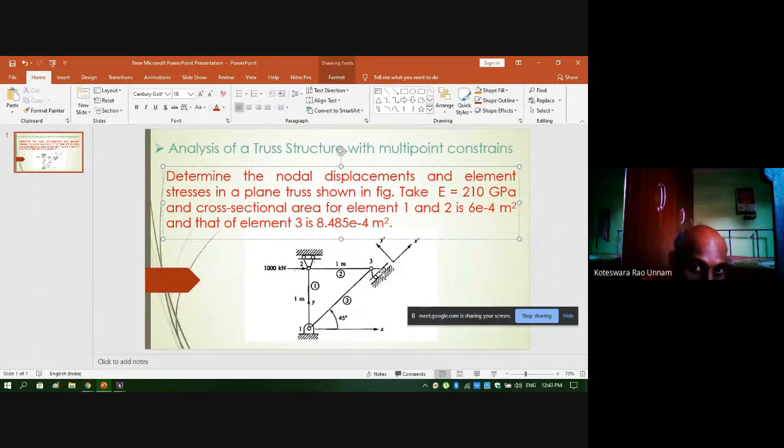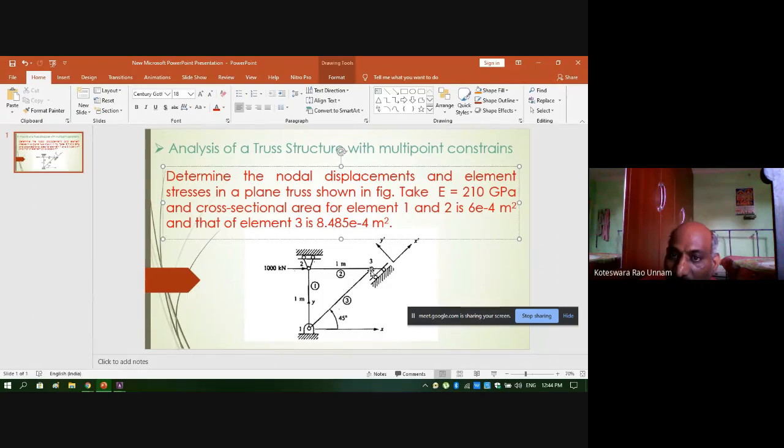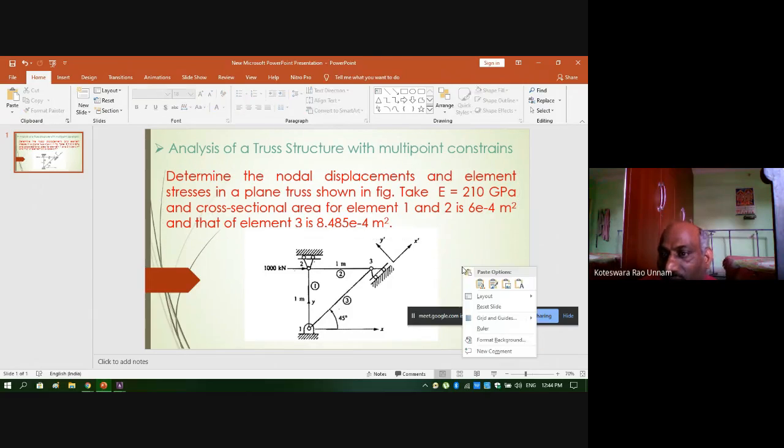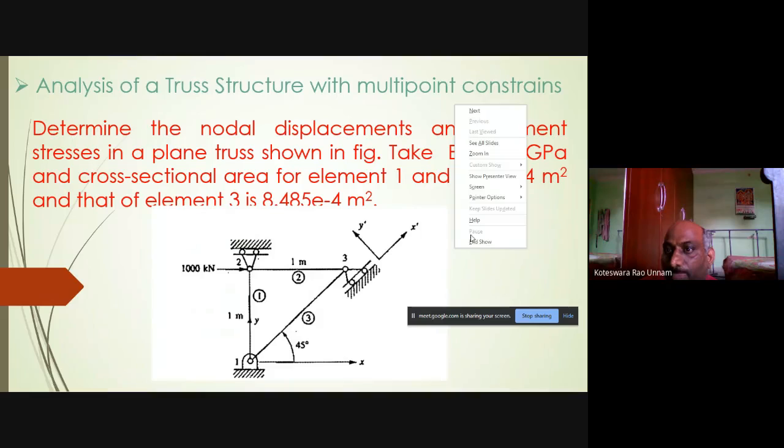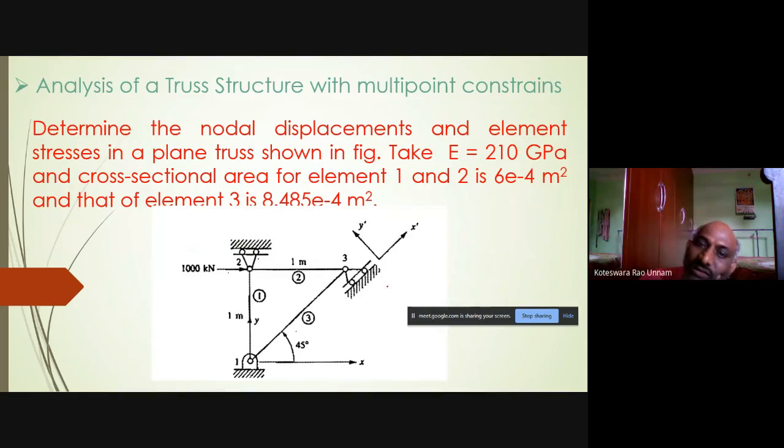That means you need to identify the relation between U translation and V translation, that is, what is Ux and what is Uy. So for this, again I will go for the presentation mode. I'll take the pen. See here, this is my X displacement, this is Y displacement. But the roller support is something like this, meaning this point is permitted to move along this direction, right? Yes, sir.